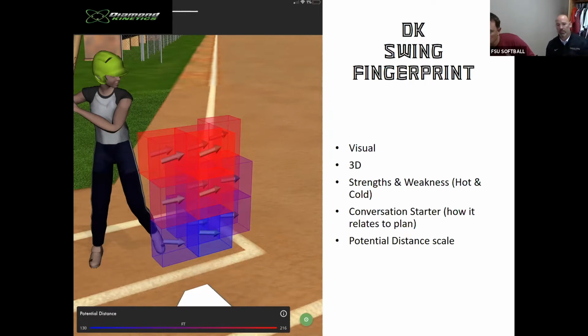So with this hitter, we're like, look, your swing's really flat and level through the zone, but you really struggle on that ball down because you're so flat and level through the zone. If we can learn how to redirect the swing a little bit and try to get down to that ball and work the ball back up a little bit, then we have a chance of doing some damage,